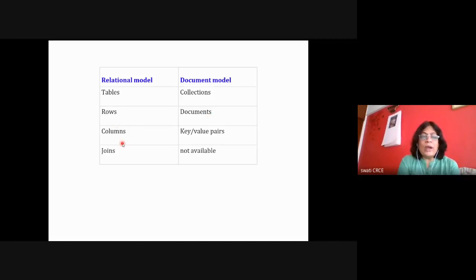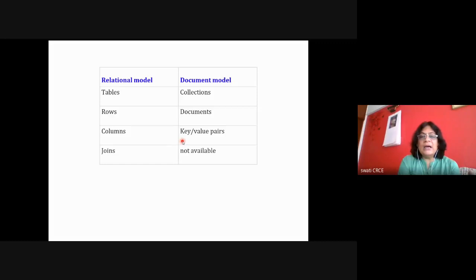Now, in the row you may have the columns in the table. Every column element is a key value pair. The value is the value of that column field, and the key is the name of the column. Here, the columns are fixed, so you only consider the values, because you know the column names are fixed for every row. But here it is not like that. Every row's columns are not fixed.